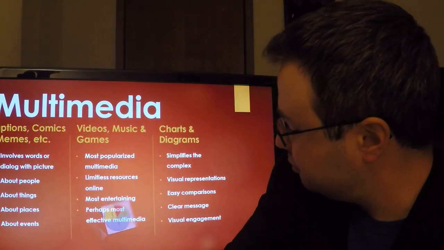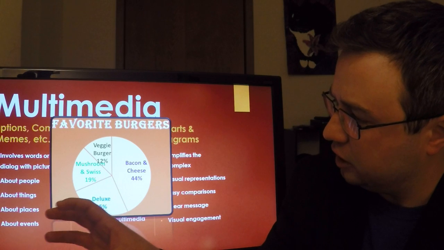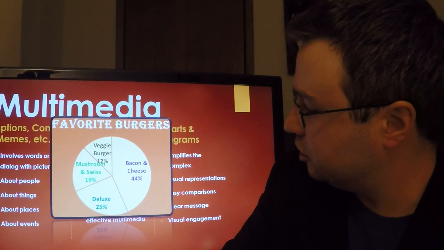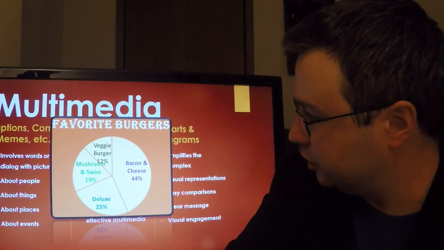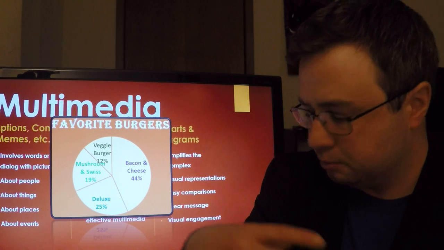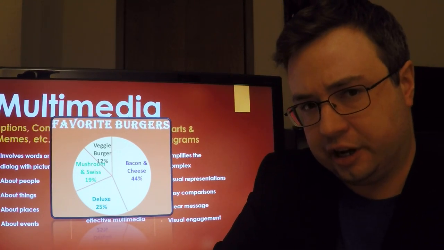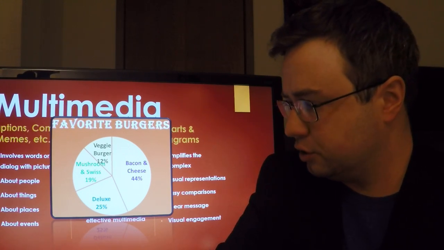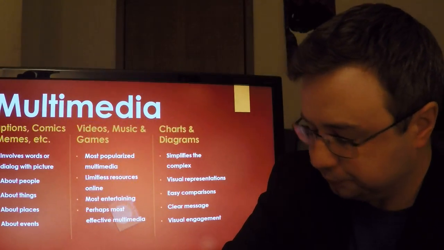It gives you a clear message, and it gives you that visual engagement, that eyeball appeal where you just want to grab it with your eye. That's telling you a lot of good information, and it's giving you ideas, and you're thinking about it, and your comparisons are going, the mental stew is boiling with charts and diagrams. Don't forget to use charts and diagrams in your presentations. Such a super great resource to go to.